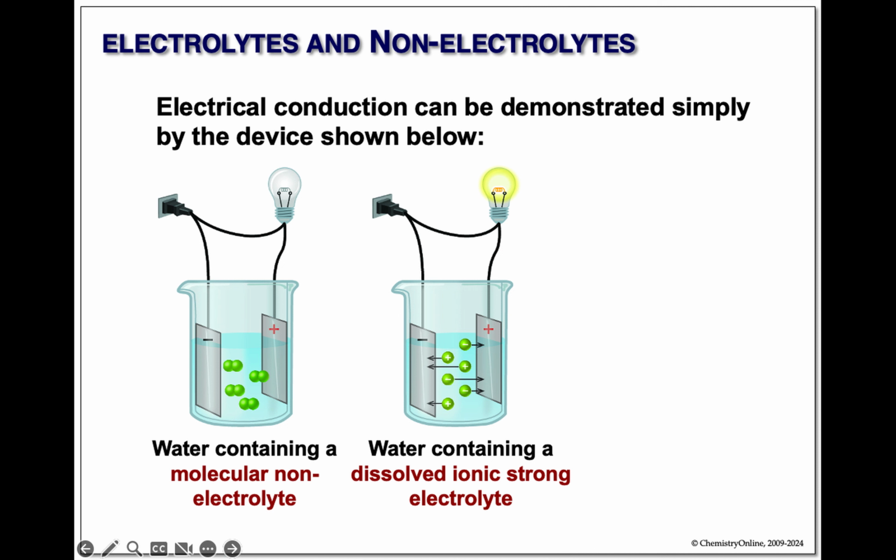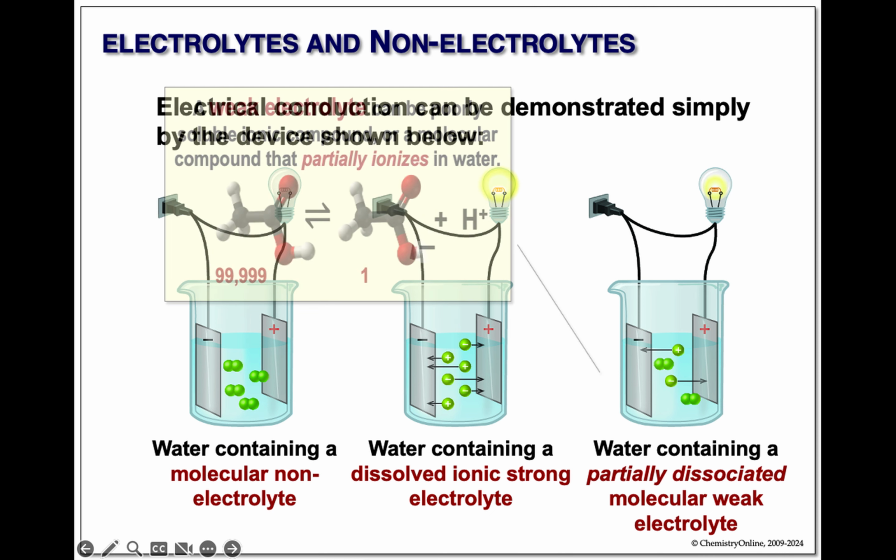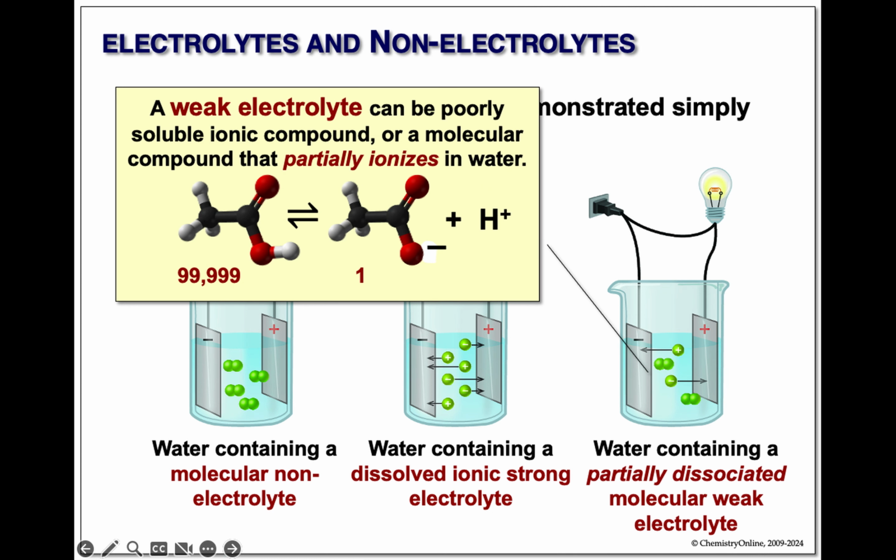There's a third type, not just non-electrolyte or strong, there's what's called a weak electrolyte. A weak electrolyte, something like acetate. This is acetic acid. It's the acidic component of vinegar, and it ionizes in water. It's a very polar molecule, so it dissolves in water. But when it ionizes,